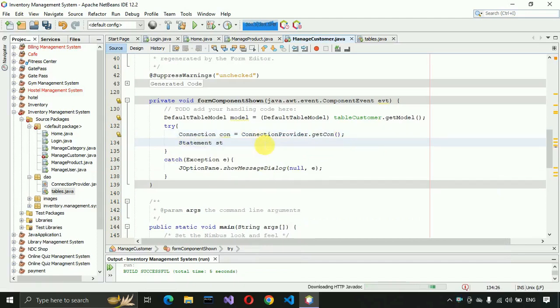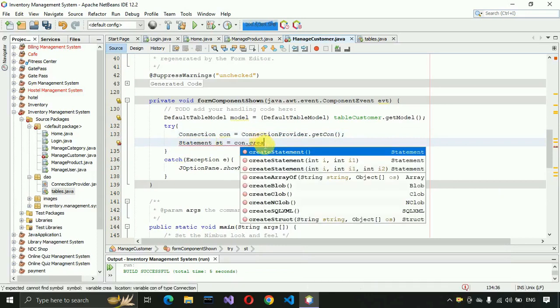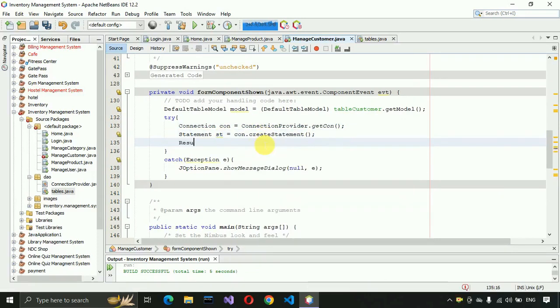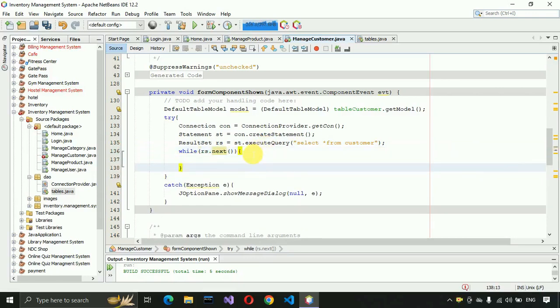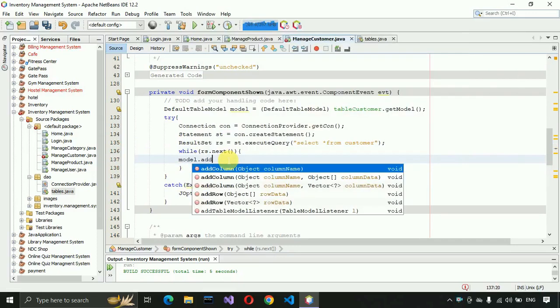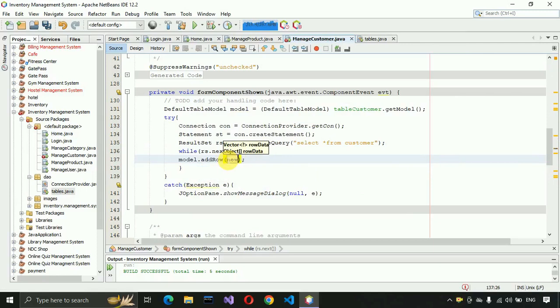So statement st equals con.createStatement, and after that for the result set we need to store the data, and st.executeQuery, and in this we need to just write select star from customer, and put a semicolon at the end. And while loop, and here we have to just write rs.next, and in this we just need to write model.addRow, and here we have to just write new object,